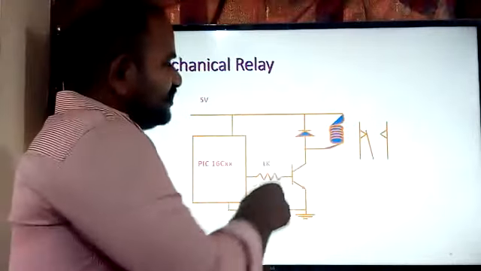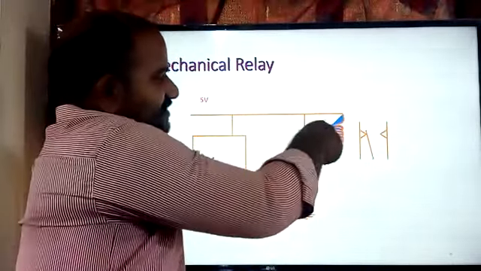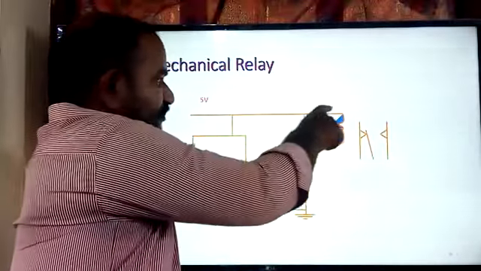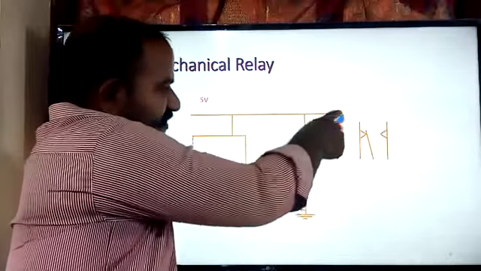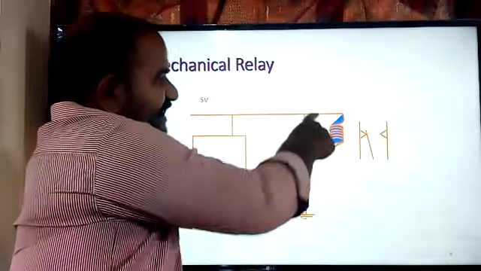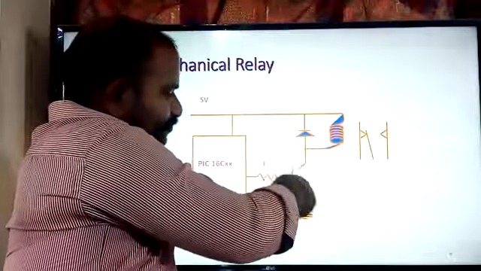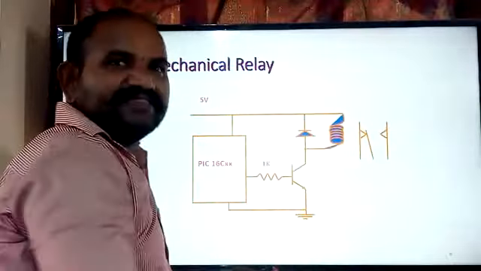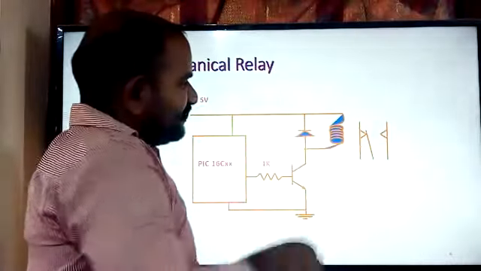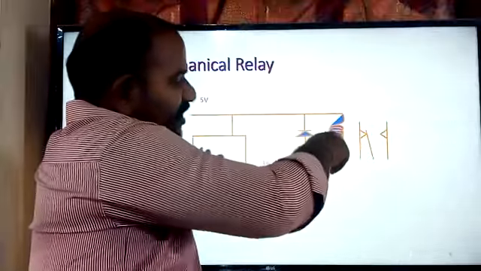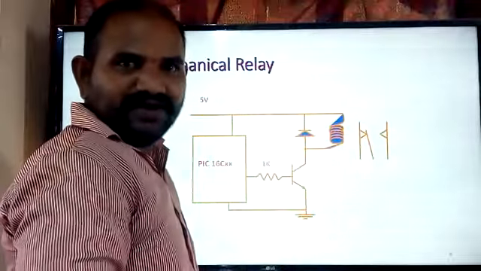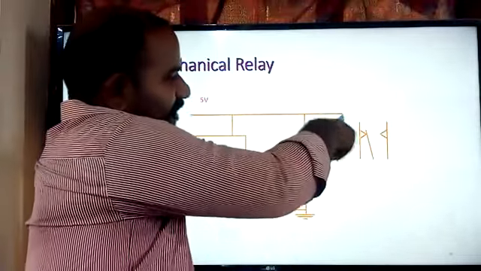Okay, so now the question is, why are we using the diode? As I said, when the BJT is in turn on mode, the current is moving in this direction, bypassing to the ground. When it is in the turn off mode, the coil is expecting the discharging. When it is expecting the discharging, the energy which is there in this particular coil starts discharging, so you should provide the proper path to discharge the charge which is available in this coil.